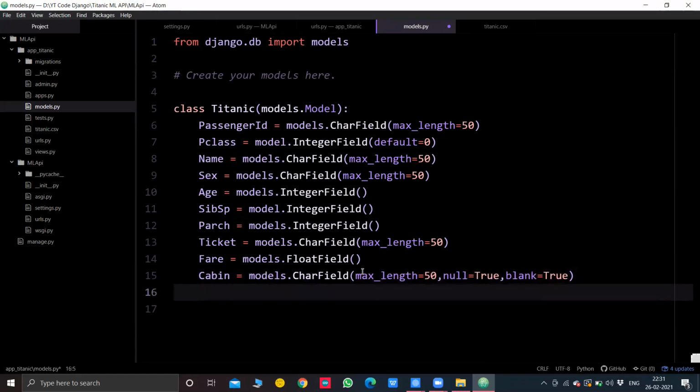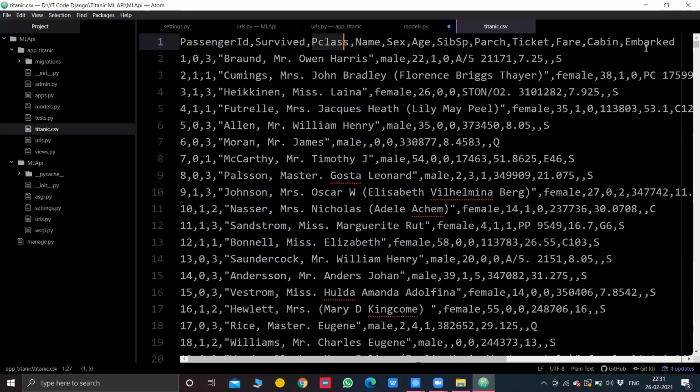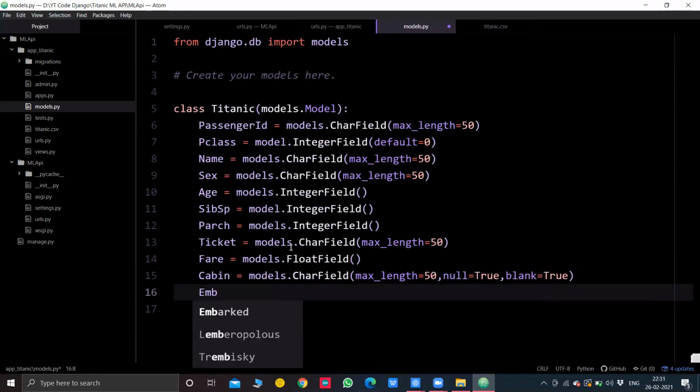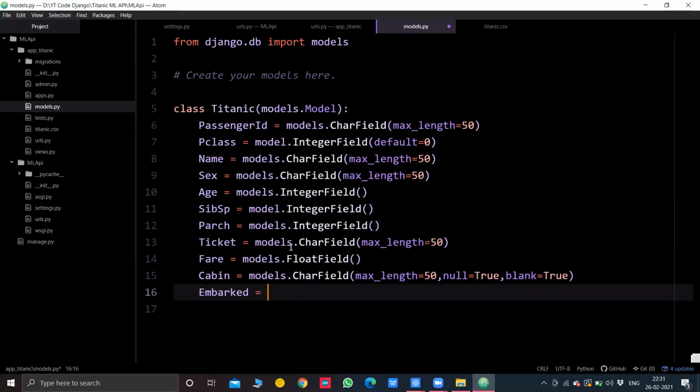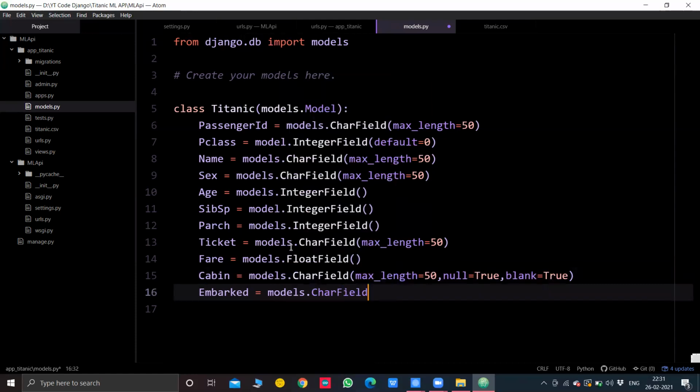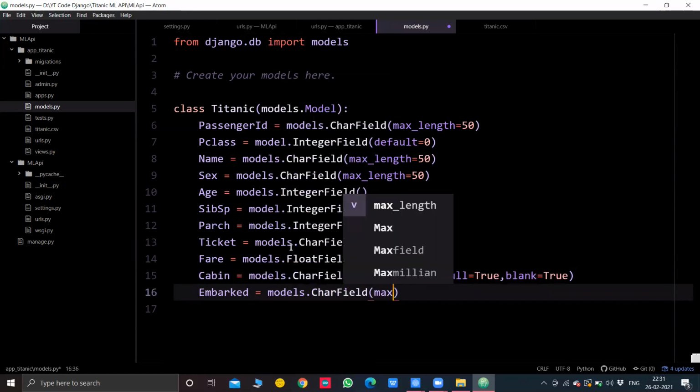Then there was, I think, embarked. Yes, embarked. And at the end, we'll mention this survived column. So I'll say embarked equal to models.CharField again, and inside that again, I'll mention maximum length as 50.